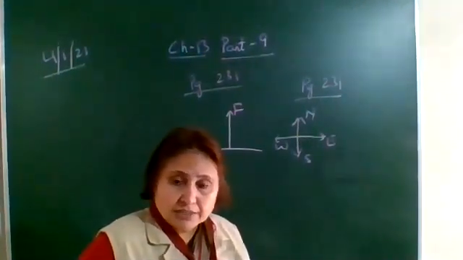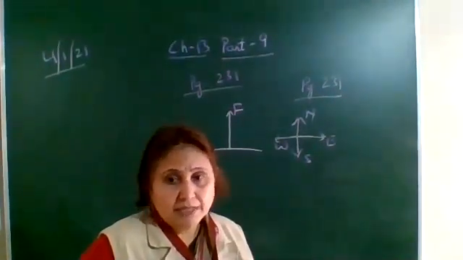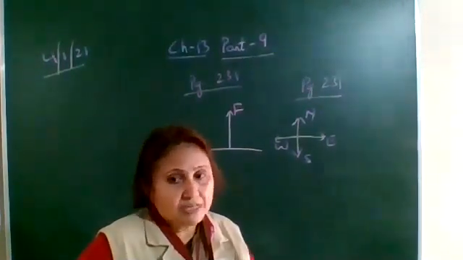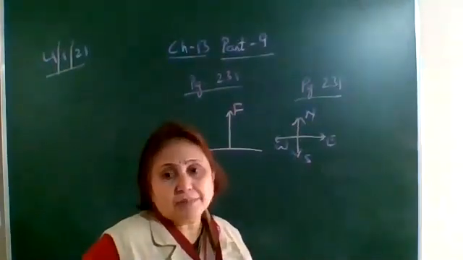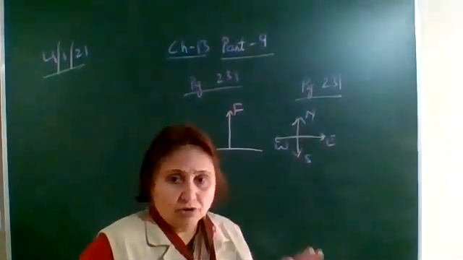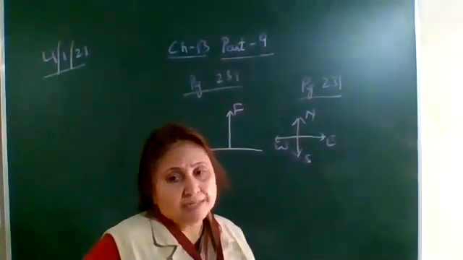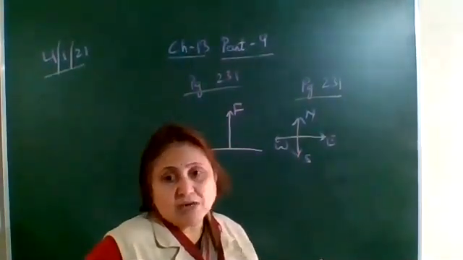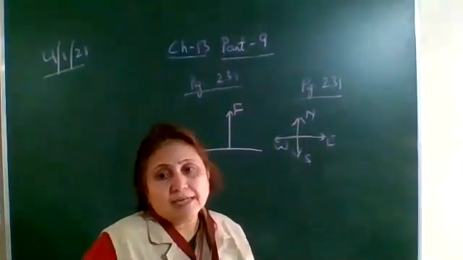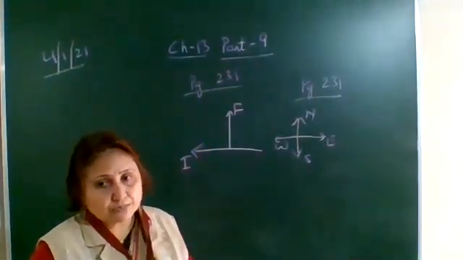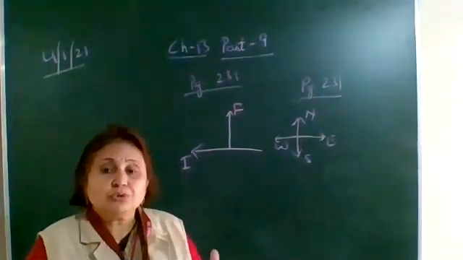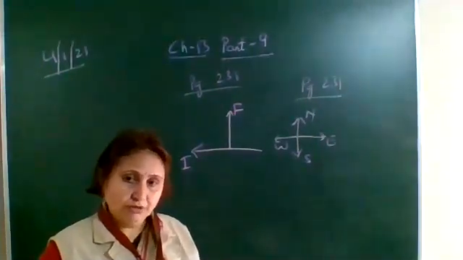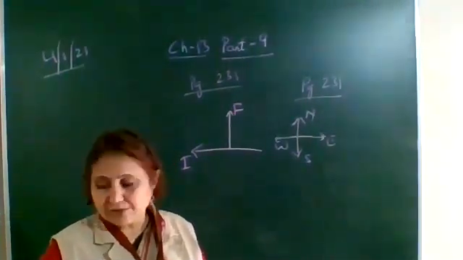So whenever there is a motion of a magnet around a coil, there is some magnetic field changing around the coil, then current can be produced in that coil, in that wire. So this phenomenon we call electromagnetic induction. So now we'll study the reverse of whatever we have studied till now. Till now we have studied that due to the current carrying wire, some magnetic field is produced. Now we'll study the reverse. Due to the change in the magnetic field, some current will be produced in that coil, in that conductor. This we call electromagnetic induction.